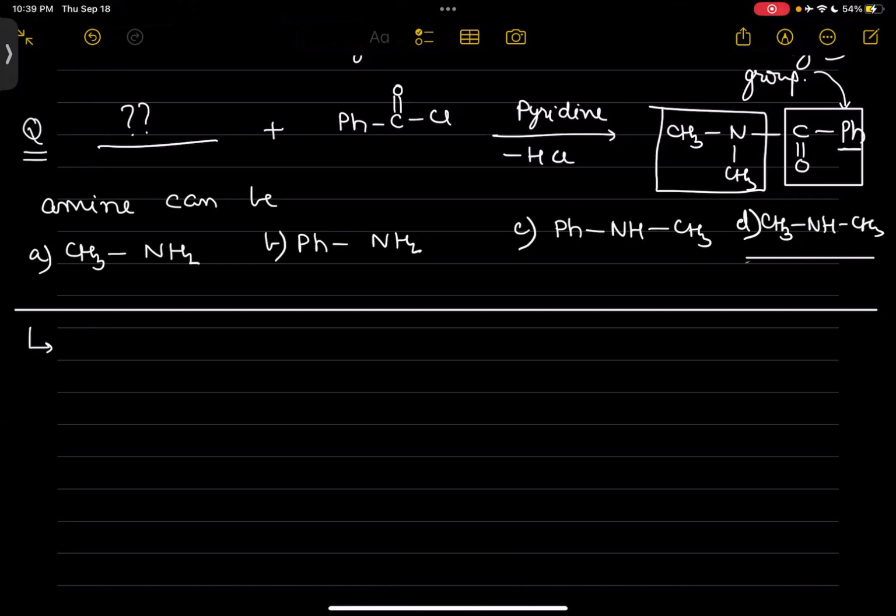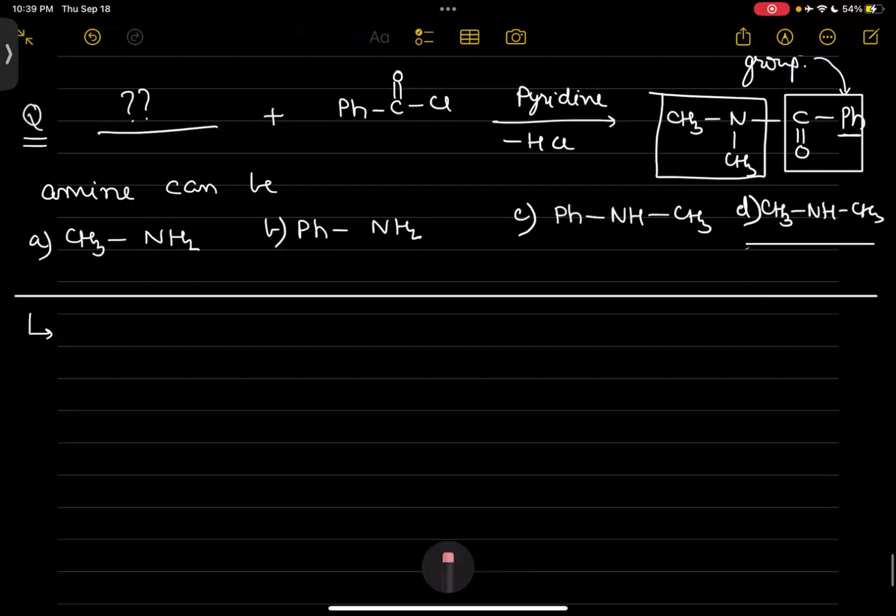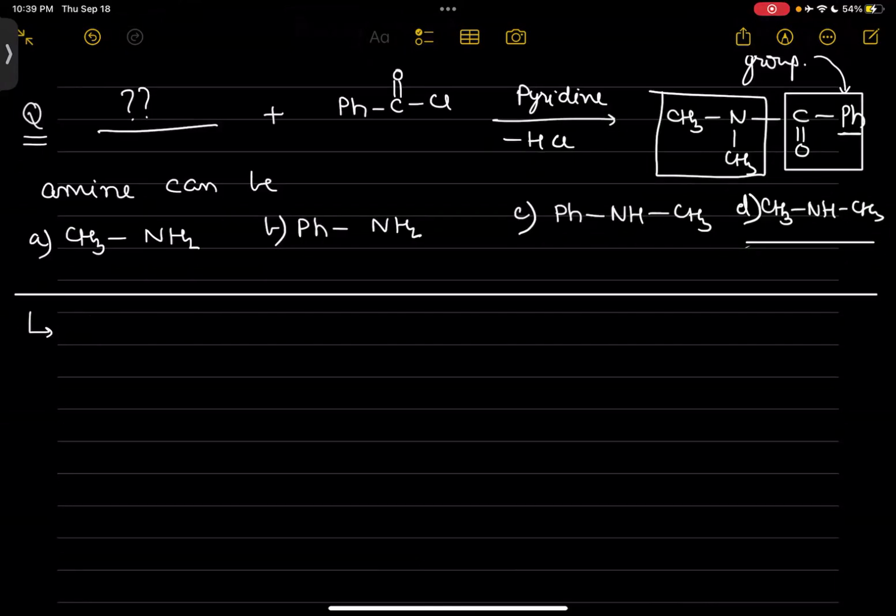with a characteristic odor, or some change in color. These are some of the common observations which we need to look for while carrying out a reaction which comes under the category of identification reaction or laboratory test. So we are going to do such a reaction, and that is the carbylamine test